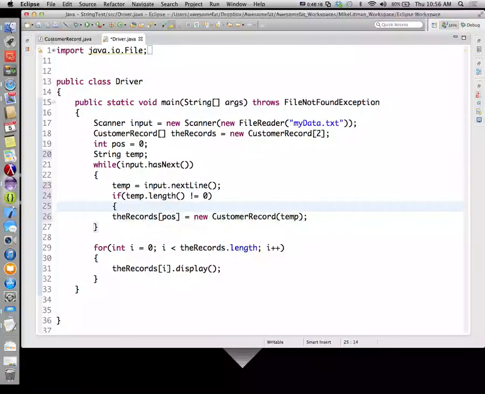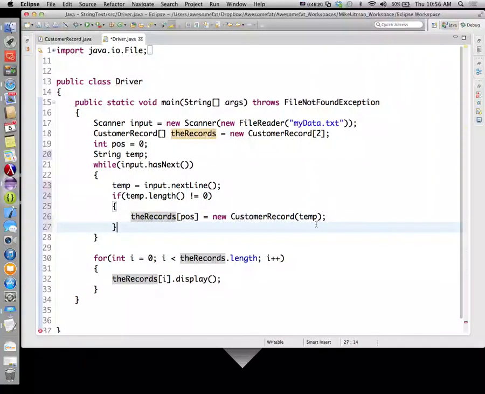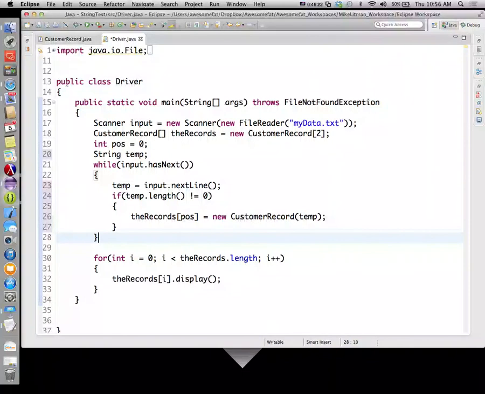And I hope a string that just has \n in it is not equal to 0. So if this still crashes, then I have a secondary fix. Still crashes, okay. If temp dot equals, well, it shouldn't be